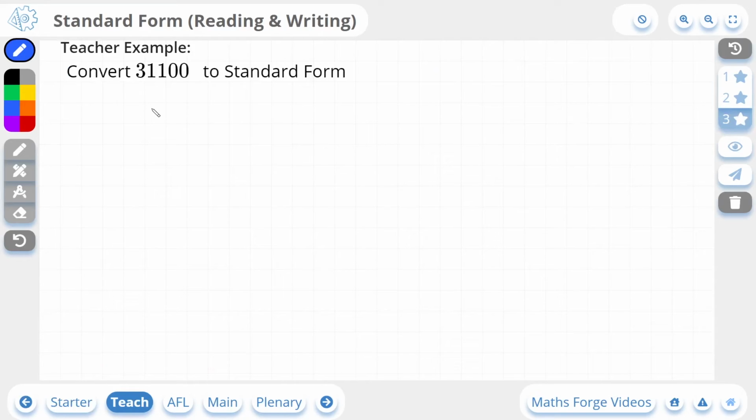Now we'll do another three-star example, this time with a larger value. So we're going to have 31,100, and 31,100 has a decimal place position to the right of it by default. So now you have to ask yourself this question: how many places do you have to move this 3 in order to get it to be a number between 1 and 10? And if you think about it, we have to move it 1, 2, 3, 4 spaces to the left. If we move it 4 spaces, we take it from the 10,000s column to the units column. And so it ends up looking like this: